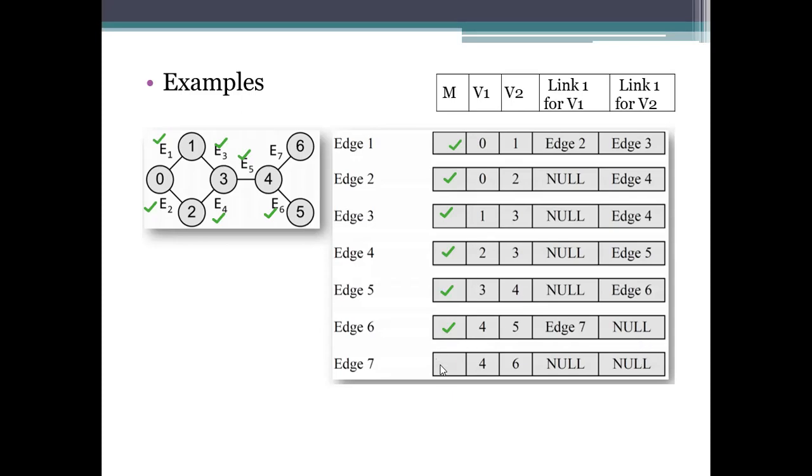Coming to the last one, edge 7, mark it. Edge 7, 4 to 6. There are no values specified for this V6 and then V4. So there are no such edges left for processing. That's why we are taking both as null. So here null indicates there is no connection, not like that.